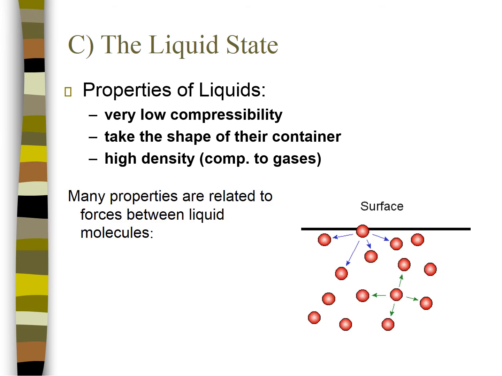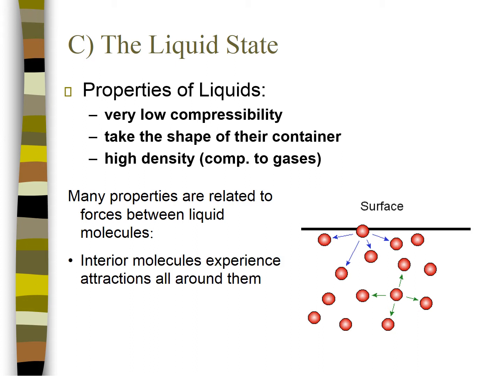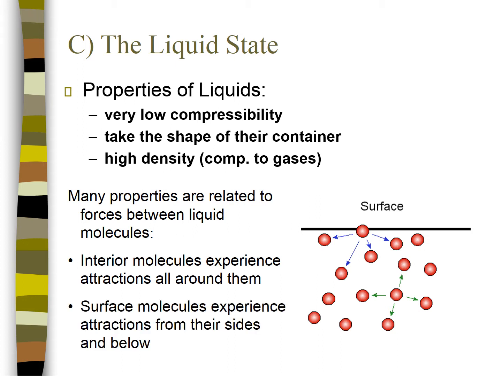The properties of liquids are going to be related to the intermolecular forces between particles. And so it's important to make a quick distinction between the forces that are experienced by particles in the liquid at the surface versus the particles in the liquid below the surface. If you are an interior molecule, somewhere inside the liquid below the surface, you experience intermolecular forces to your neighboring particles in 3 dimensions all around you. You'll be pulled upwards, downwards, left, right, front, back. You're attracted to all the particles around you in 3 dimensions.